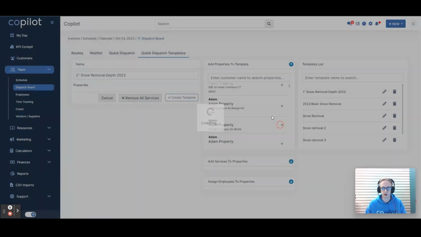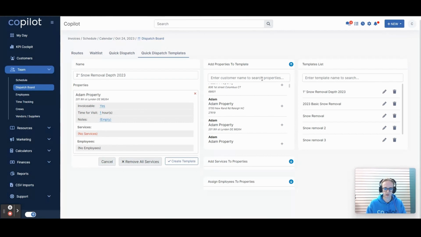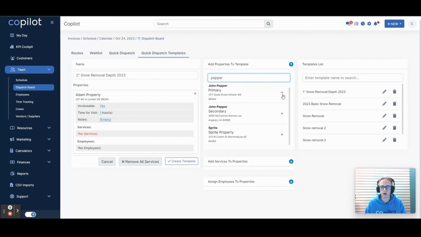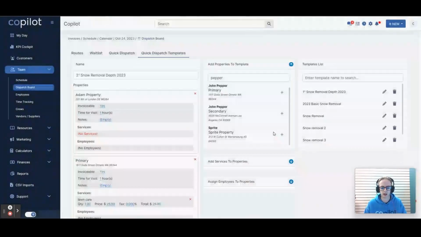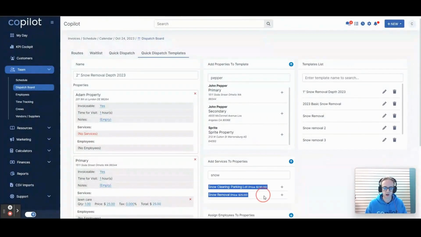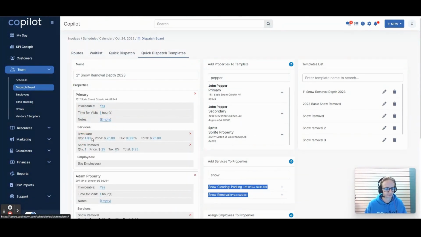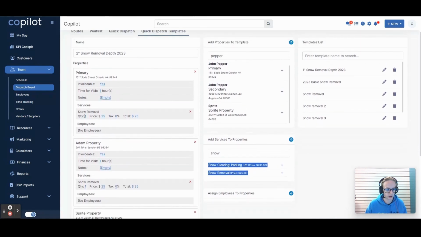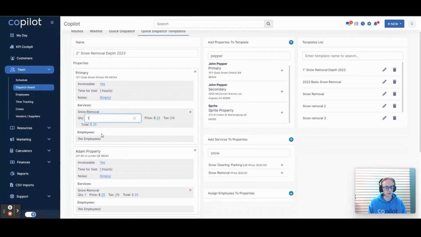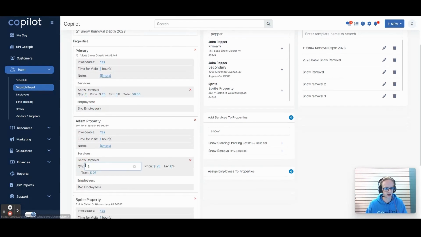We can add a few other properties here. You can add the same properties here, and then we can add our snow removal price. And let's just say, for the sake of it, I accidentally added lawn care there for a second. Let's say it's 2. Let's just say it doubles for every inch